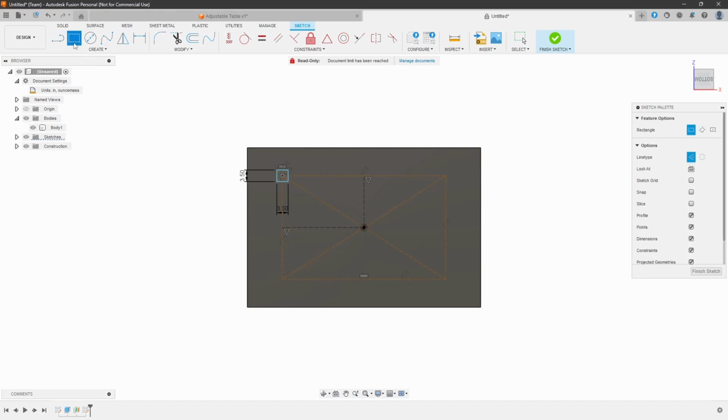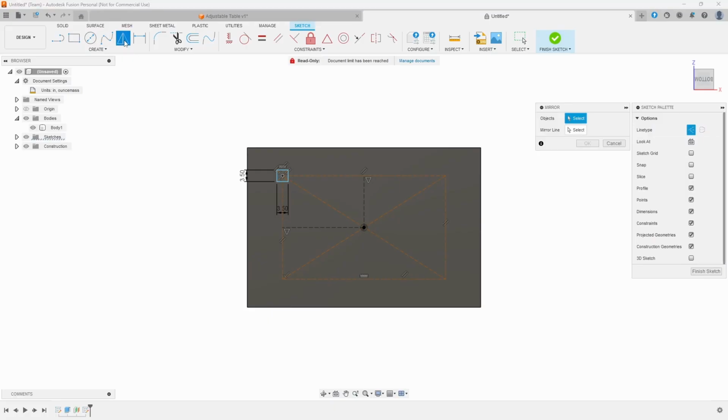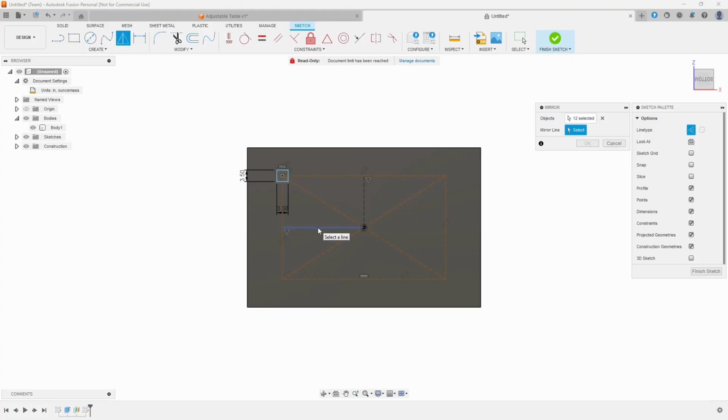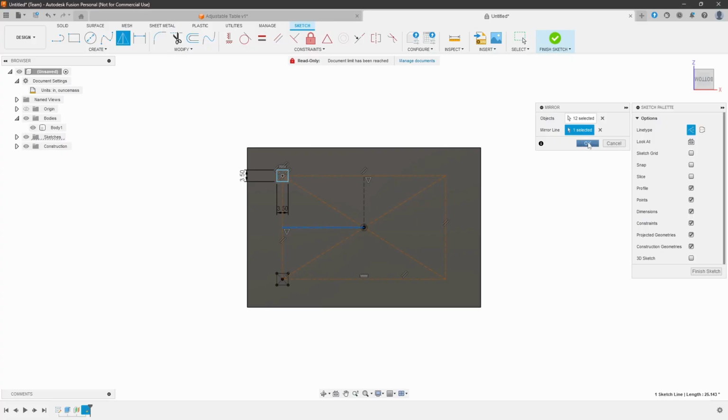And again, okay, so now what we want to do, we want to choose the mirror function. I've selected the mirror function over there. I'm going to select this object that I want to mirror, my mirror line, which is here on this X axis, and I'm going to select OK. Next, what I want to do, I want to do again a mirror, and I'm going to select these two legs, but I'm going to just click on this line to deselect it. I want to deselect that point as well, and our mirror line is the Y axis. Gonna click OK,